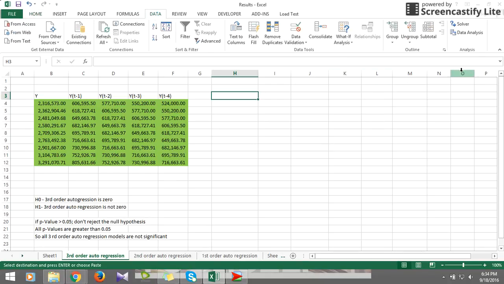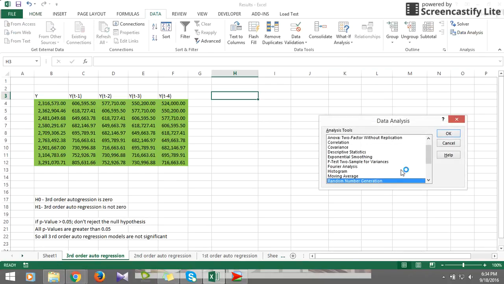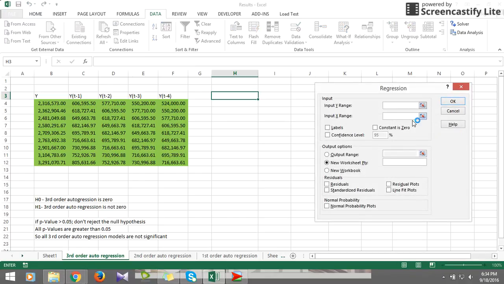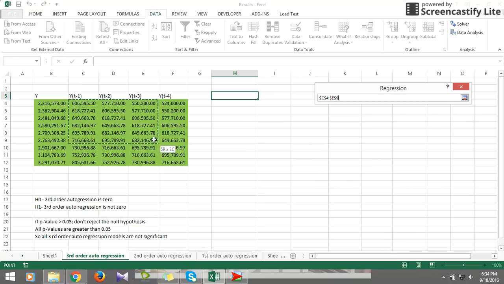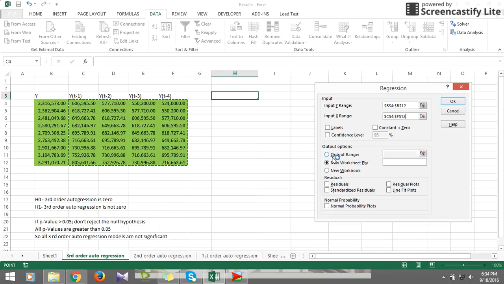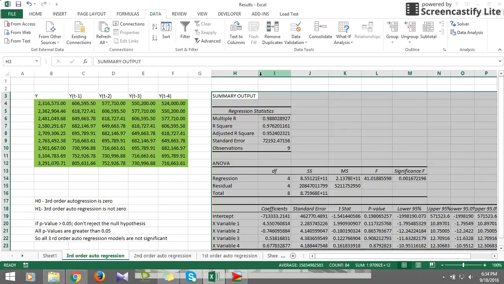I'm going to the data tab, data analysis, regression, and this is my y data column. These are my x data columns, and I am going to create the output here and press OK. So I got the results,